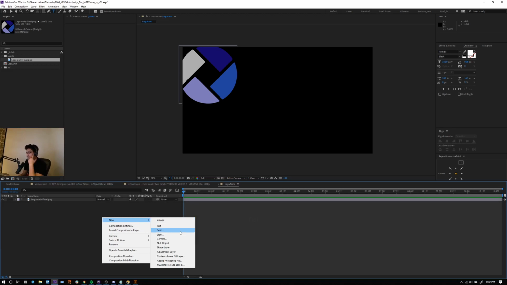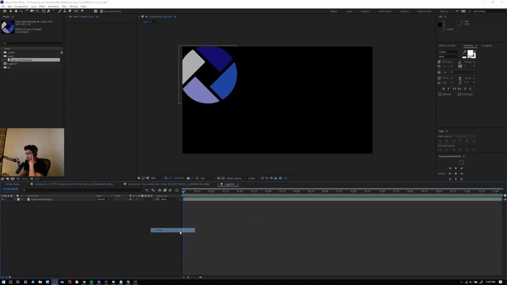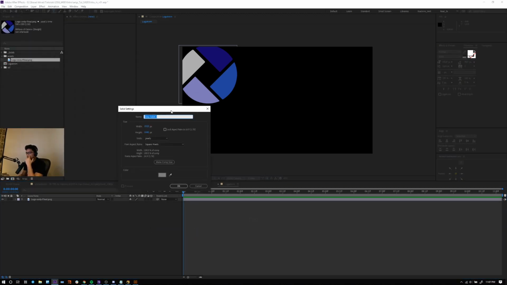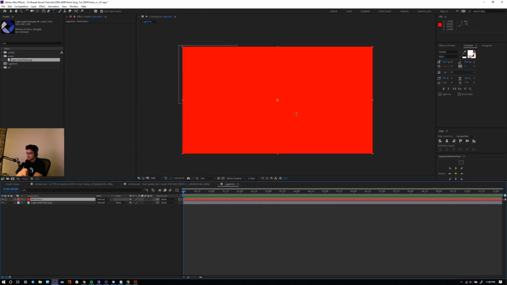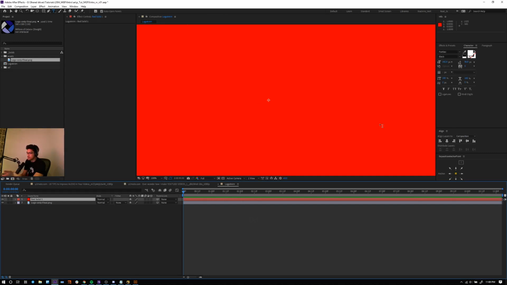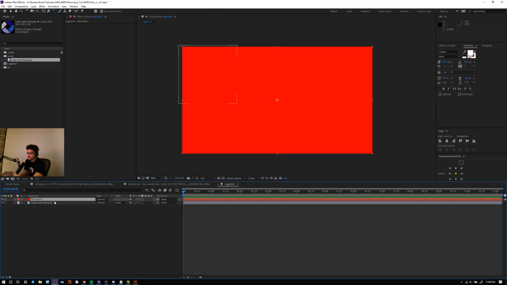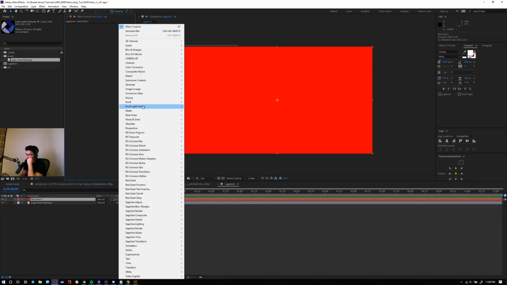Solid is a layer which you can set the size of and the color. Imagine we do red, it just makes a solid red layer. And this is very useful for many things, because you can generate